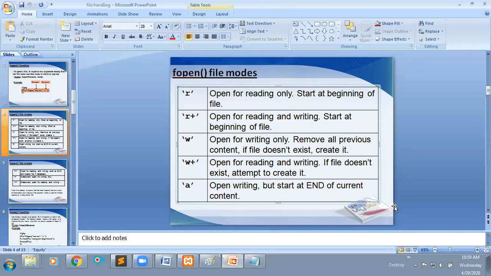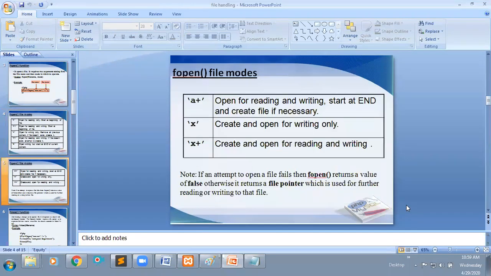You have one more mode, that is A plus, or X and X plus. These are also some modes which we use while opening a file. You can observe one note here.